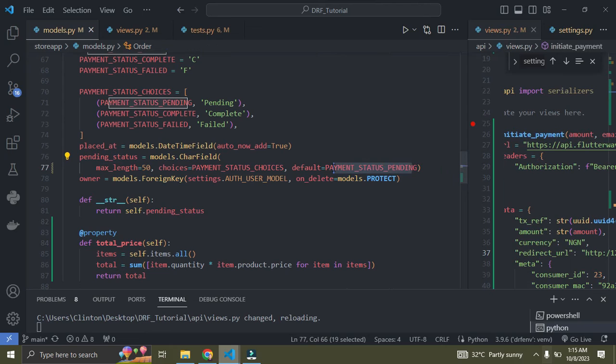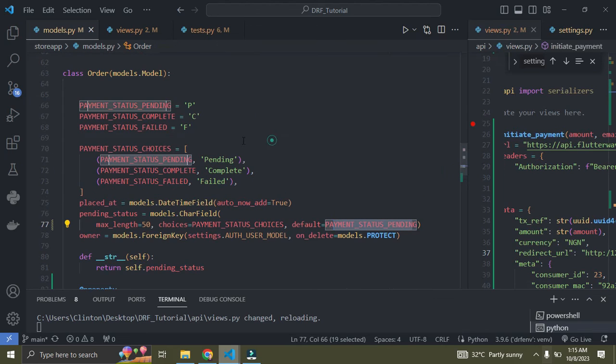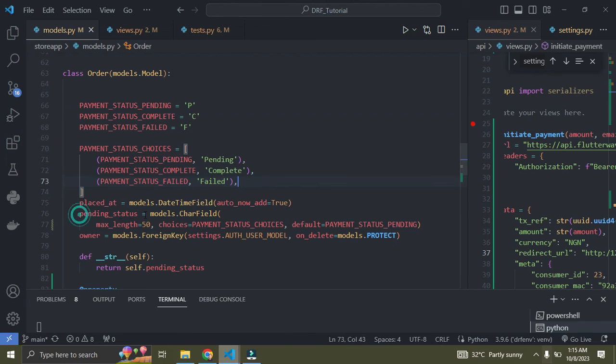It's currently saying pending, and it's coming from here, which is P. So I'm going to set it to C right now. This is a choice field, you get. So we're working in this pending status, and we're going to set it to C, which is this payment status complete. Okay,